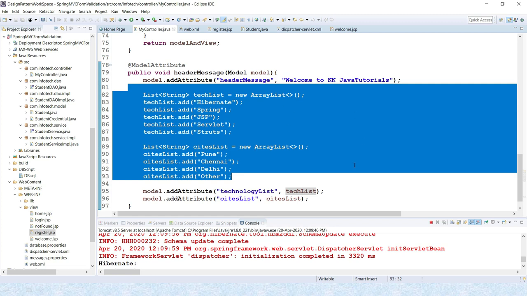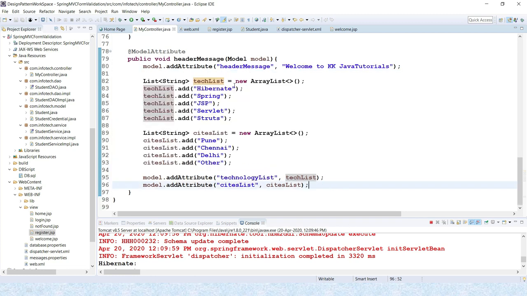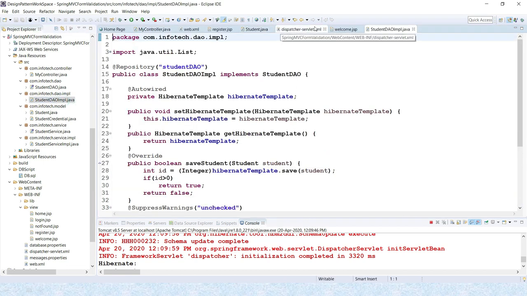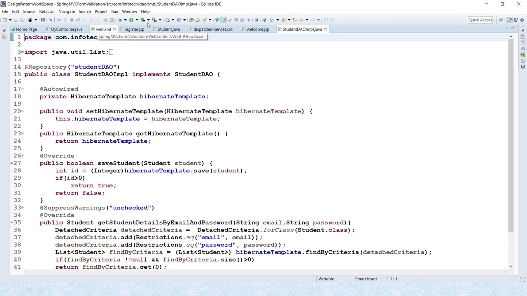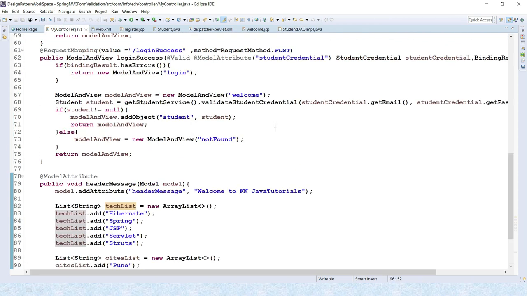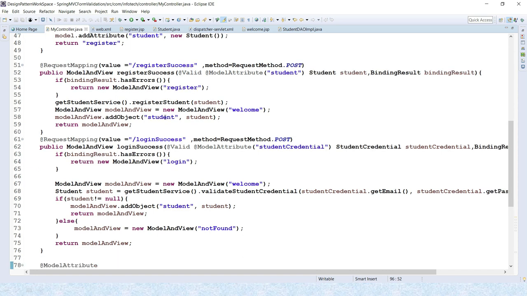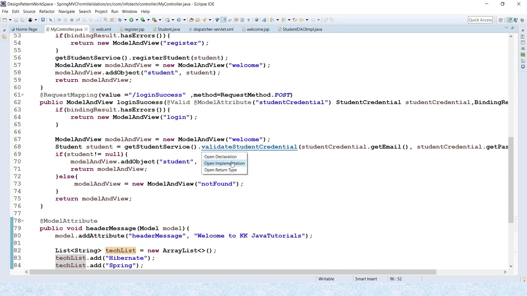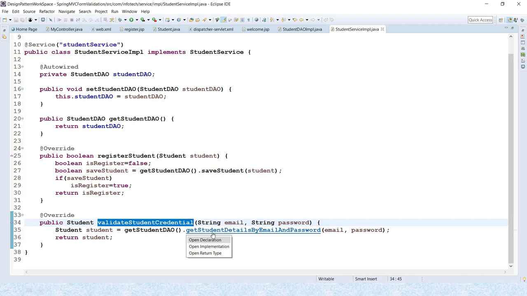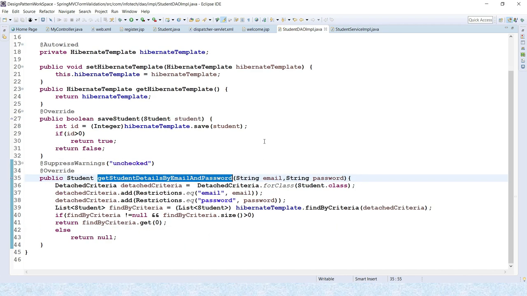So guys, I hope you understood everything. Let me show you the DAO classes. Here we have an architectural pattern. You can see our controller makes a call to the service layer, right? And the service makes a call to the DAO layer, right? So we have the MVC architecture pattern.